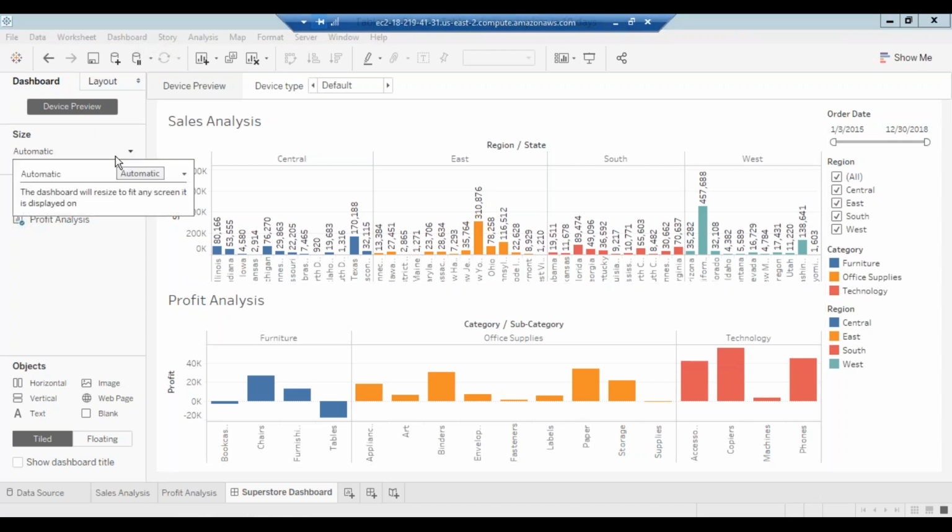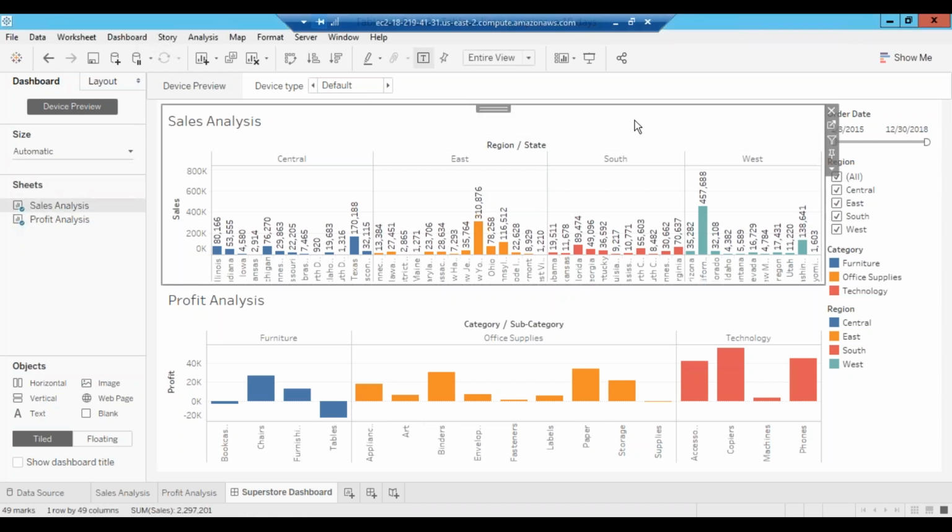This is one small thing, but these are the things that play a very key role in the user experience. If you are not selecting automatic, then what will happen? It might work on desktop, but it may not work correctly on, let's say, a big screen, or a small screen laptop or desktop. In that case the user will not feel good and they will complain and send an email that it's not working perfectly. This is the common feedback we normally get from users.